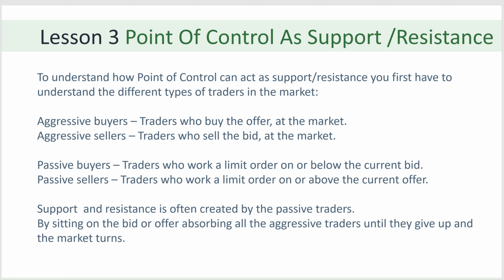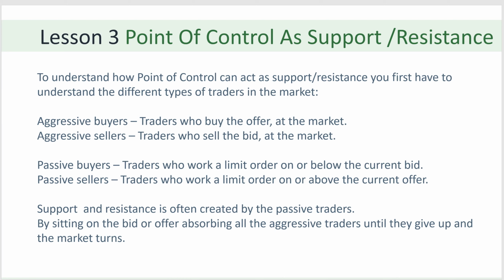It's not necessarily attracting the aggressive sellers. It does, but what's often stopping the move is the big passive sellers on the upside and the big passive buyers on the downside. That's your support and resistance. The passive buyers are your support, the passive sellers are your resistance. And sitting on the bid and absorbing all the aggressive selling that's going on